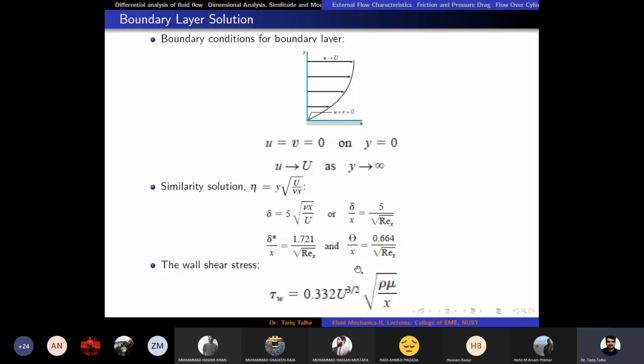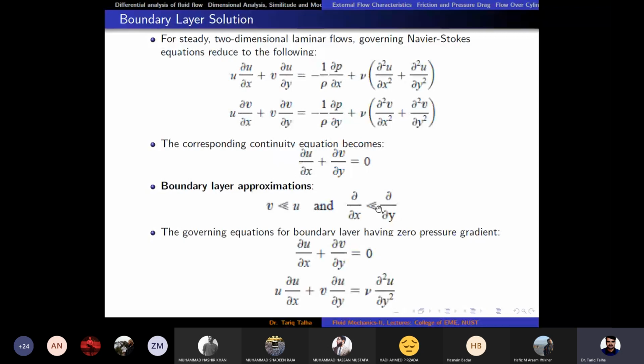In paper, if I wanted you to calculate these parameters, because this is an important aspect of external flow, so that was necessary to show these relations to you. So how they are being derived,